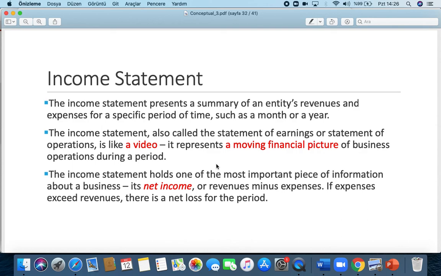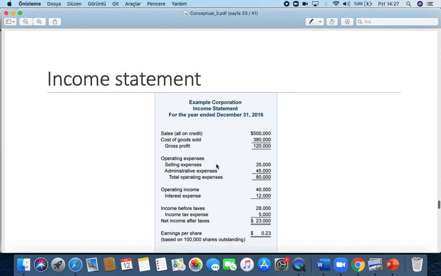Income statement is not a statement that shows a financial position. It is a financial performance statement. It shows the financial performance in a specific period of the company. If you hear something about financial position, you have to remember balance sheet. But if you hear something about the financial performance, you have to think about the income statement. Okay? Don't forget about this.